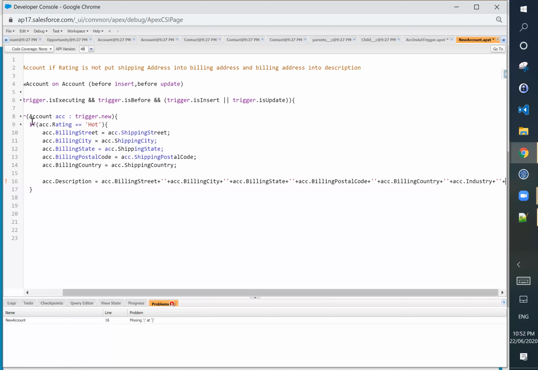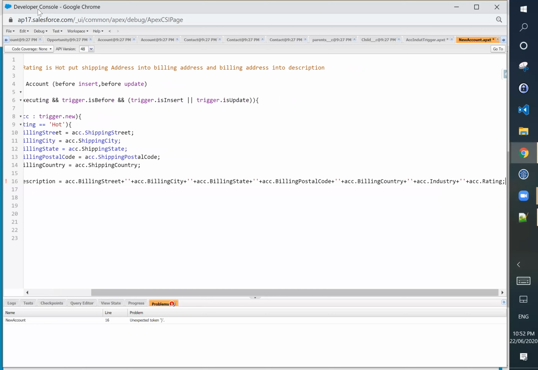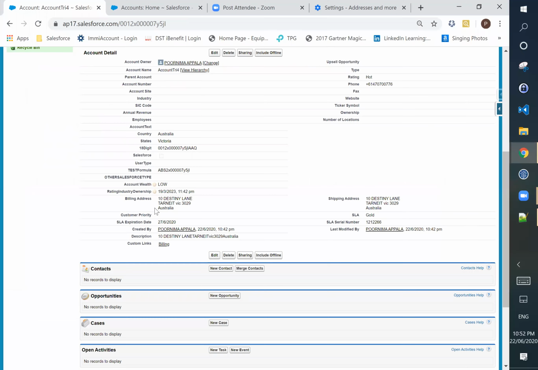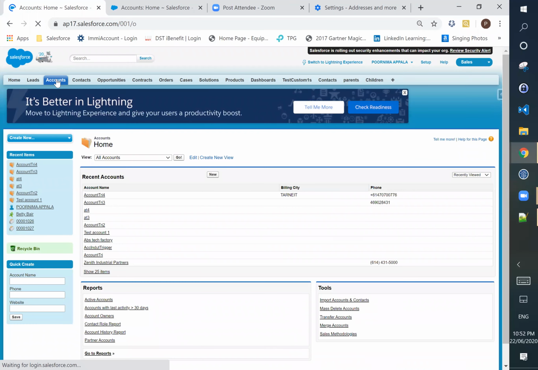Yes, the rating. Line terminator. Save your code and test your code. Wait, let the code get saved. Yeah, I saved it actually. It is saved.